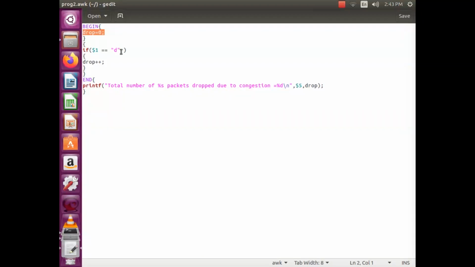If the first field is d, it indicates that the packet is dropped. We count how many d's are obtained during the execution. If the first field is d, I increment the variable drop, and again repeat this. The total number of packets dropped due to congestion is printed at the end.